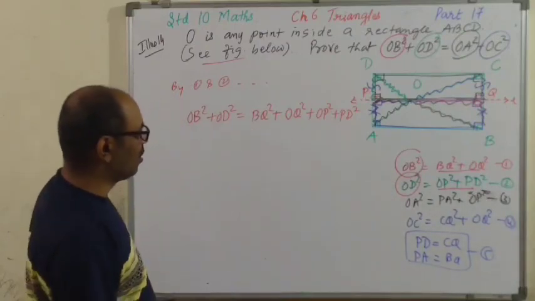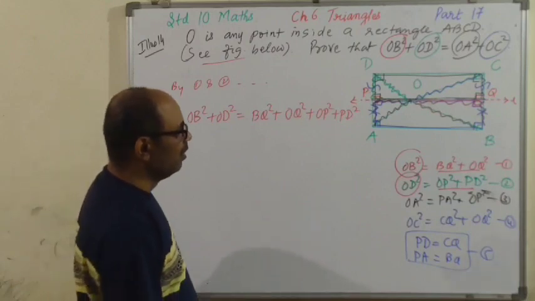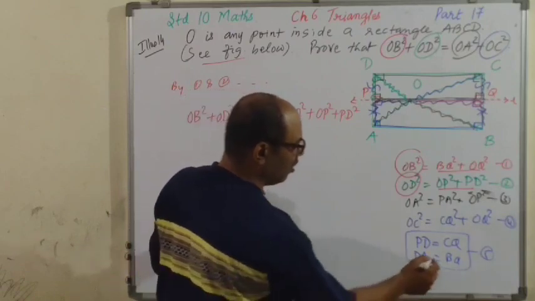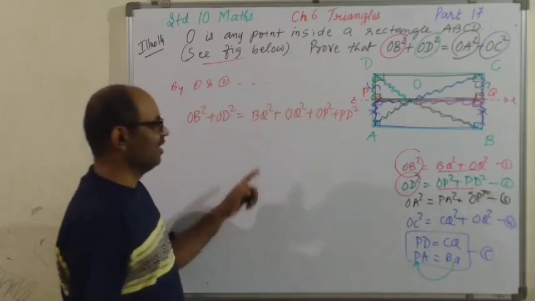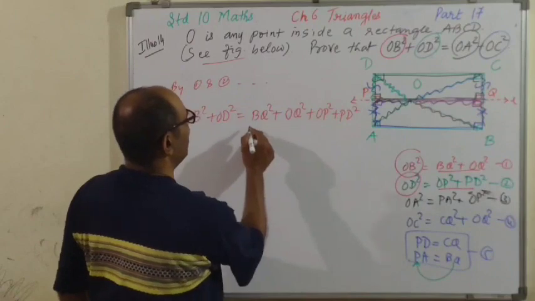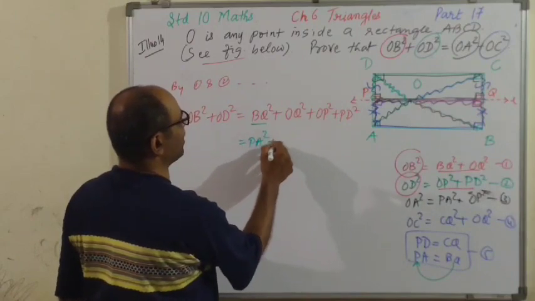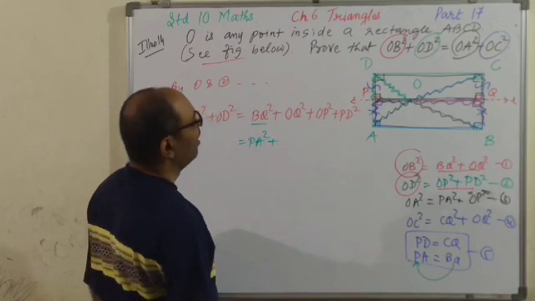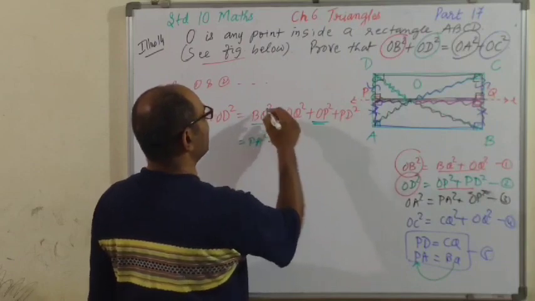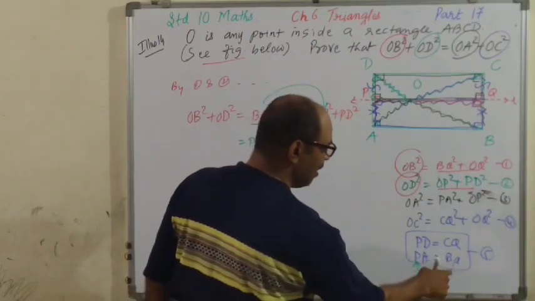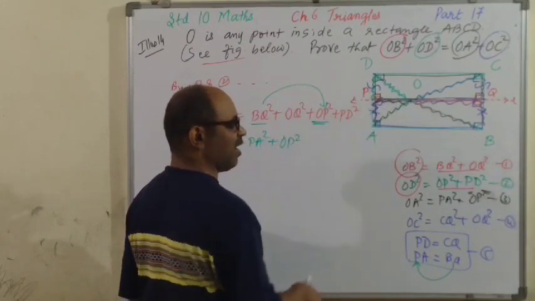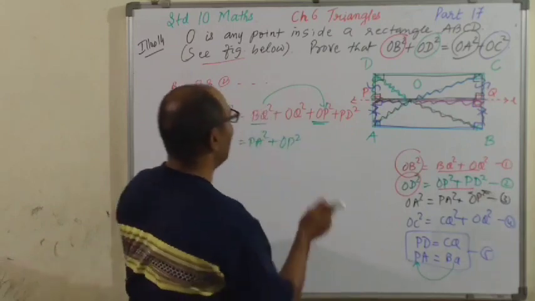Now, please look. BQ square, okay. Now you have to be careful. What is BQ? See now, what is BQ? That is AP. Yeah, PA. So instead of BQ square, I am going to write PA square. Correct? And this OP, PA square is this, and this OP square. इसके साथ मैंने ये ले लिया, इसको ट्रांसफॉर्म कर दिया. BQ is PA and PA square plus OP square is OA square. वो मिलेगा हमें. Plus अब रिमेनिंग